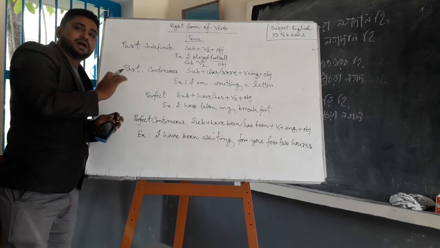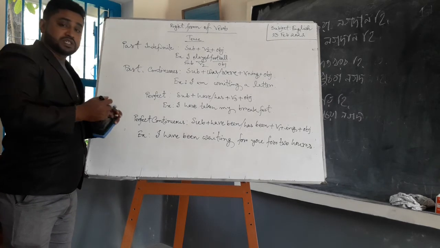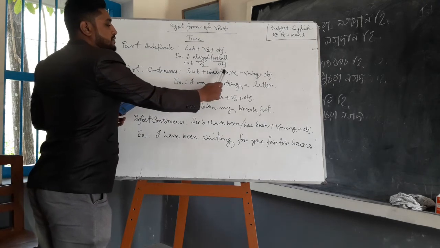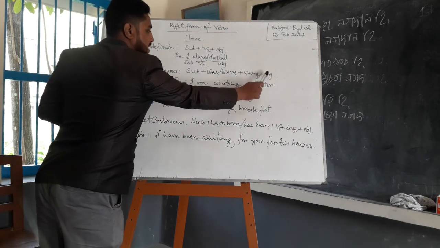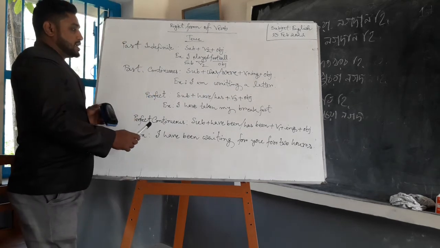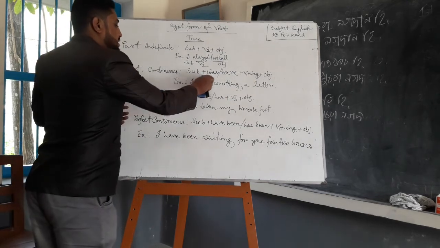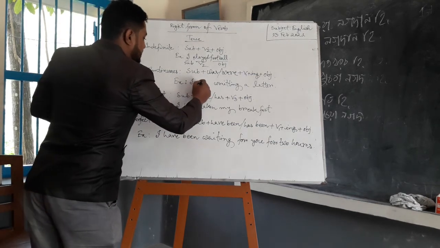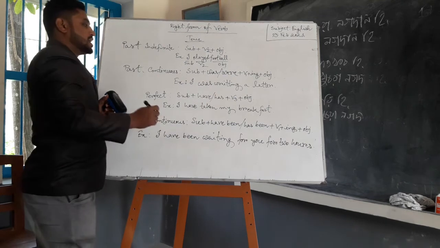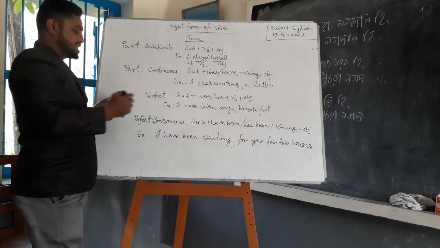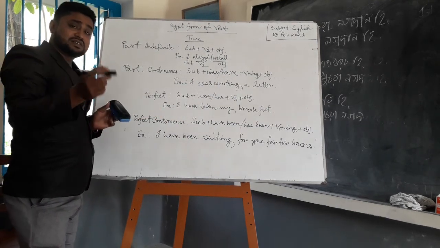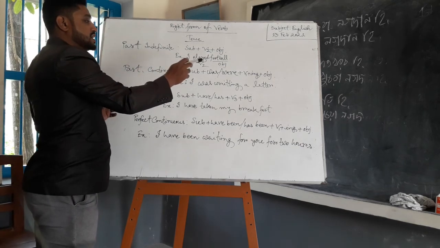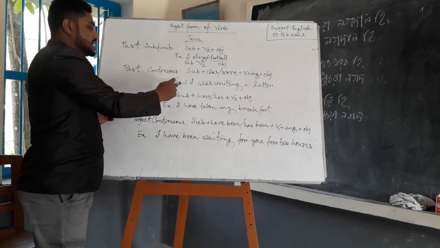If the tense is past continuous, then we should use the structure: subject plus was/were plus verb 1 plus ing plus object. And then the example might change like this: I was writing a letter. Past continuous: subject plus was/were plus verb 1 plus ing plus object. Example: